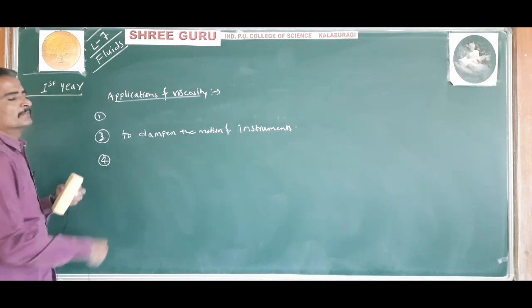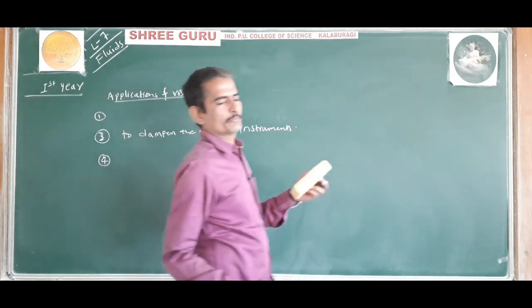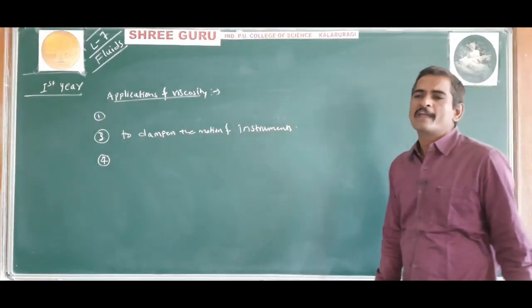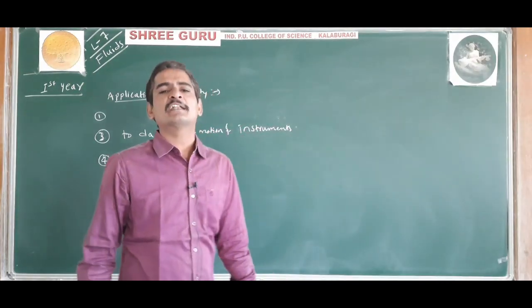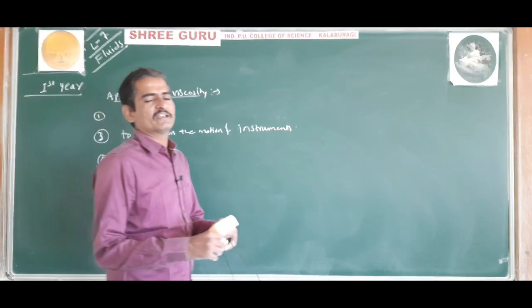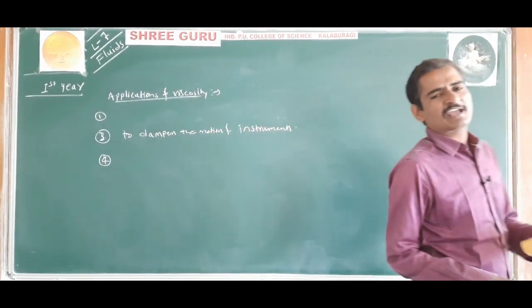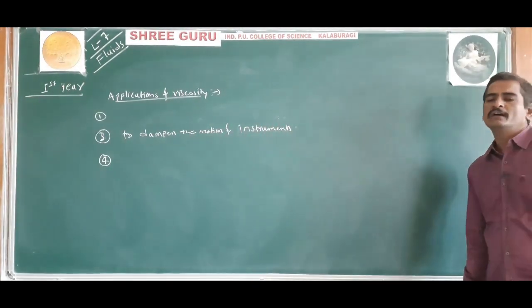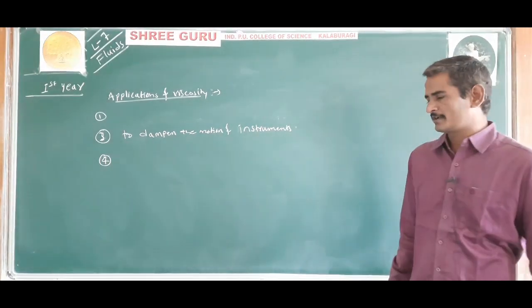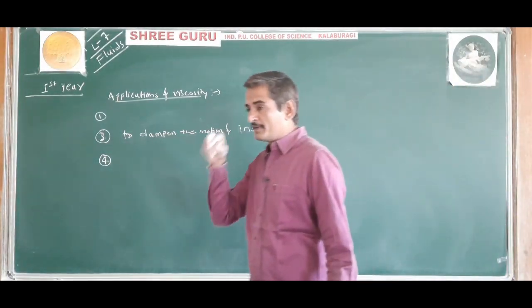And the viscosity of the liquid changes with temperature. Hence, by knowing the variation of viscosity of liquid with temperature, a proper choice of lubricant is made in a proper season. In a particular season, the choice of lubricant can be made by having the knowledge of variation of viscosity with temperature. That is, in the winter season,